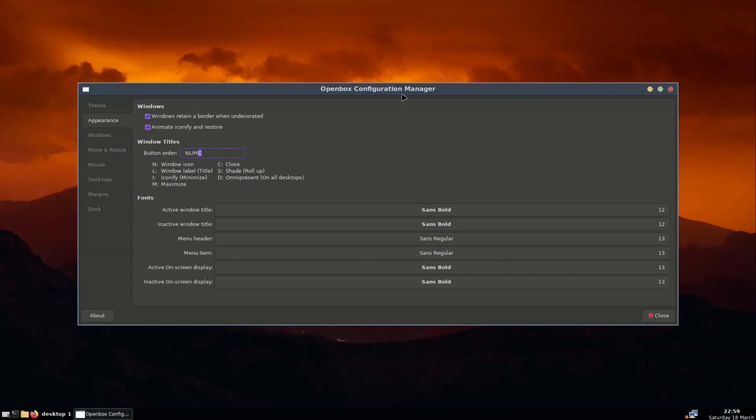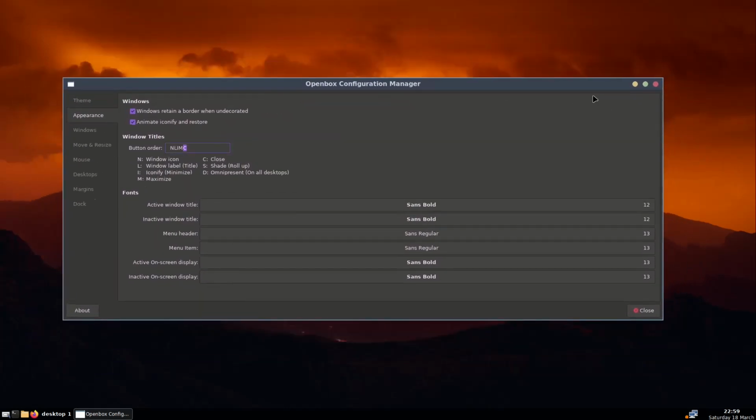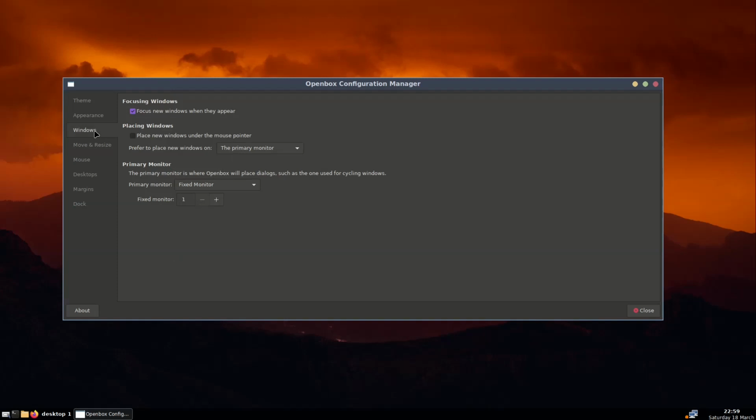I remove the title completely, but we will see that in the rc.xml. But in case you like to use the title, you can change the button order here. If you want to remove, let's say the close button, or the minimize, you can do it from here. So this is the theme that we talked about, the appearance. For the windows,